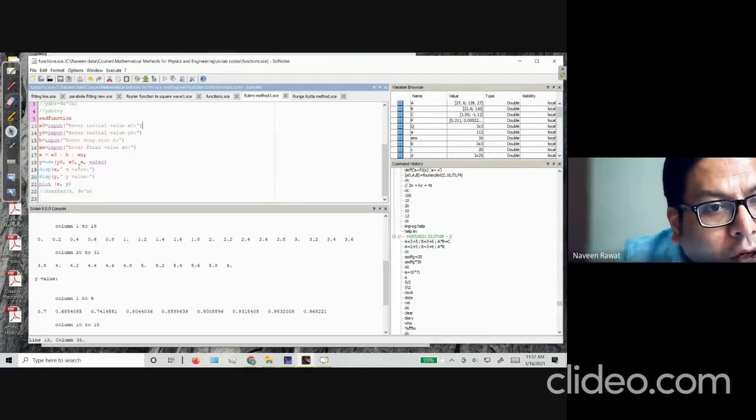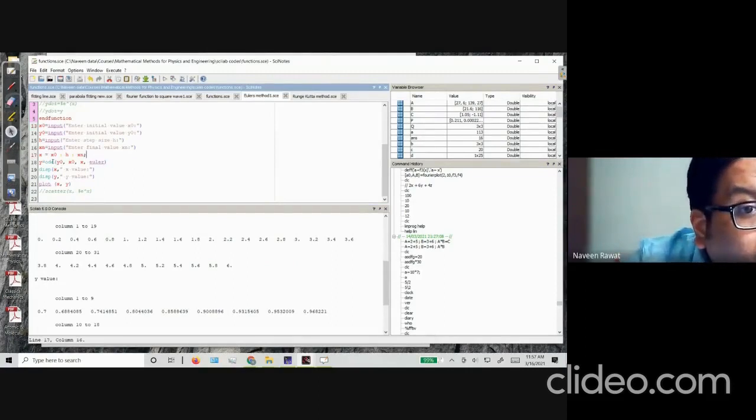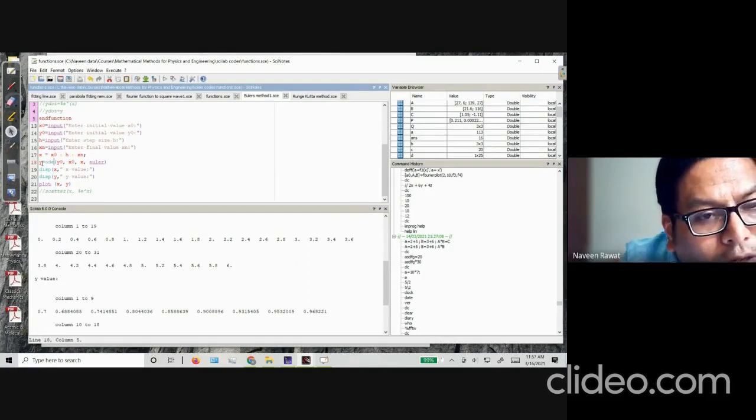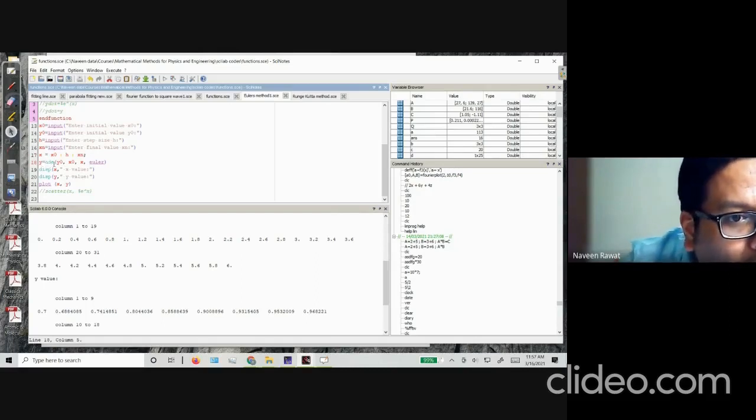Now the actual function to calculate the differential equation in Scilab is ODE. Basically all you have to do is define a variable, which here you can define as y, and ODE is a predefined function that solves ordinary differential equations in Scilab. You have to define the initial conditions, what y0 is and what x0 is, which we have taken as input from the user.